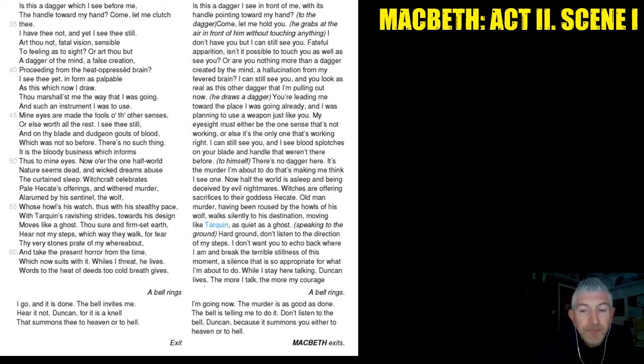Exit. And that's the end of the scene, guys. So obviously some language in that is quite complicated, some references that are difficult to understand. But as always in Google Classroom, I will have the No Fear Shakespeare translation available to you. It's on the screen here, but if it's a bit too small to read, then you can find it on the PDF that will be attached in Google Classroom.